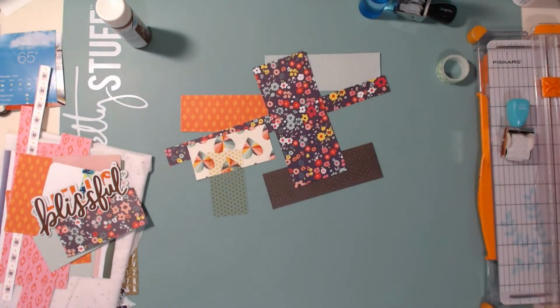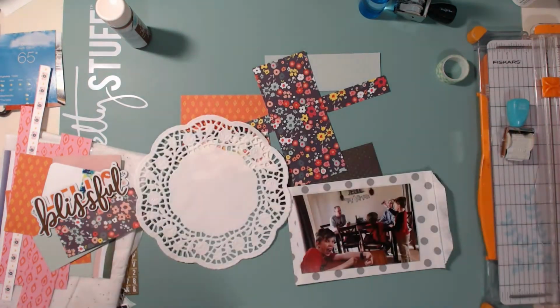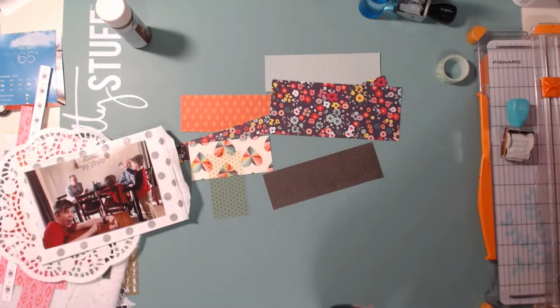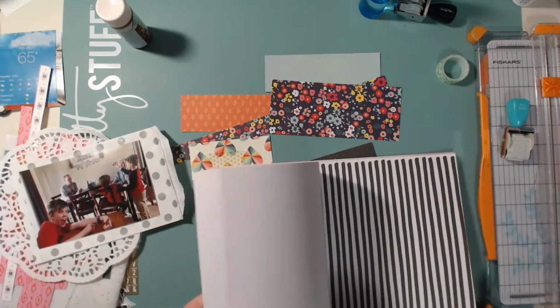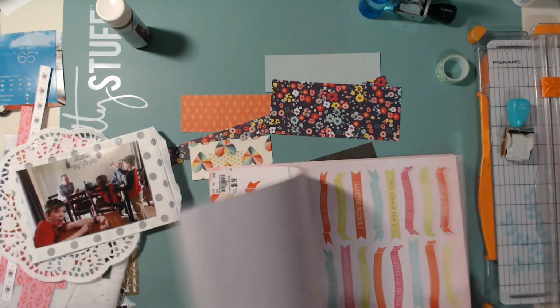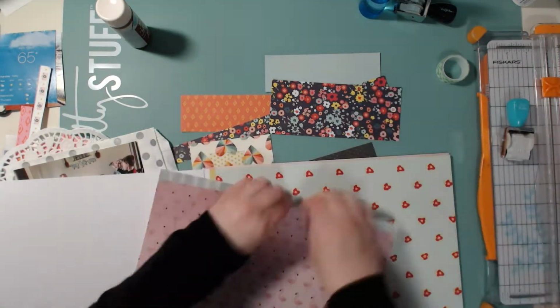Now, the reason I skipped a layout is because I did a live Facebook session on the Facebook group, so you won't be able to see the third layout I made, the process video for it, but I will make sure to include it in my Kill a Kit video so that you can see the third layout that I made. So this is the fourth layout that I made with the kit, and for this layout we were challenged